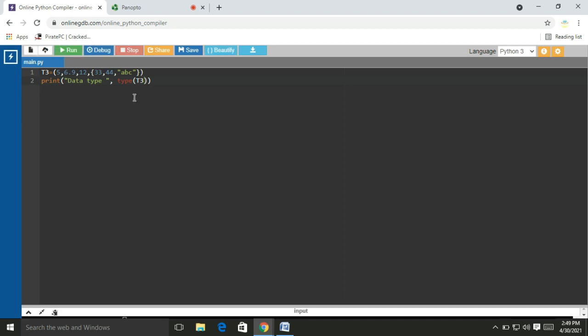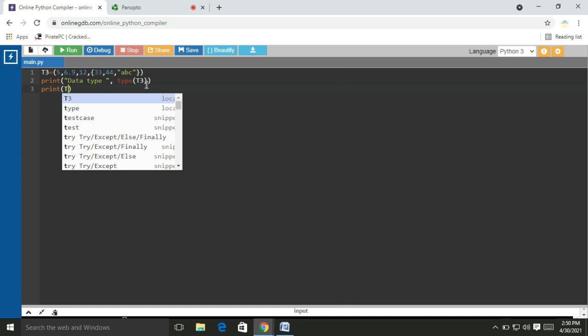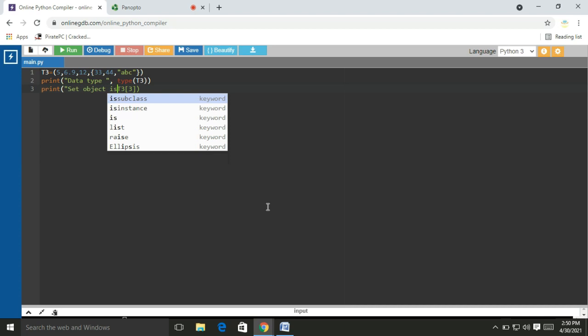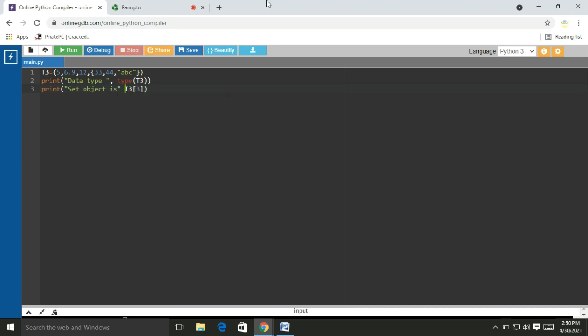Okay friends, now I will access the set, 0, 1, 2, 3, the third element, right? Print, set object is, T3 of 3.